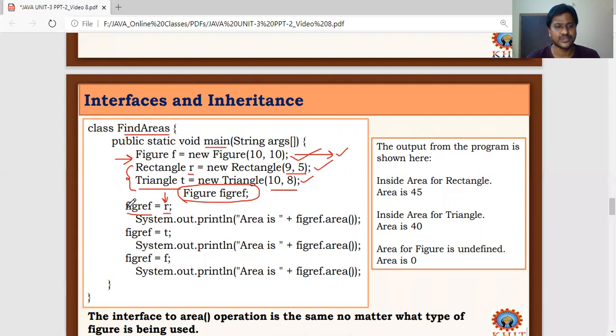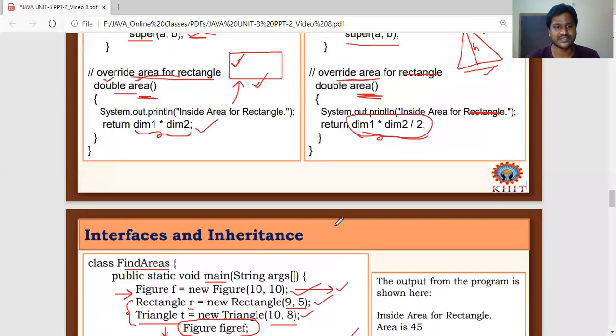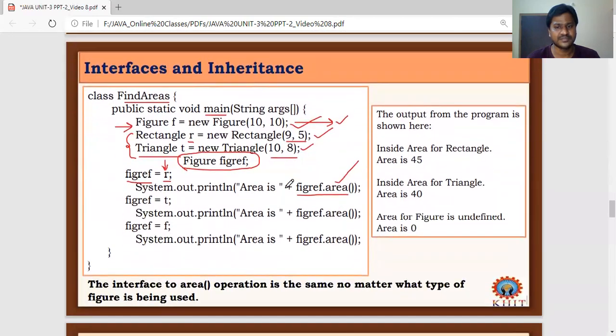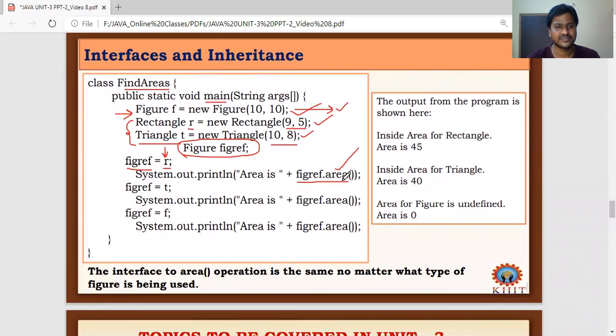We know this concept very well. Here we are calling area using the Figure reference. Which method is invoked here? By executing this, the method defined in the Rectangle class is invoked and executed.